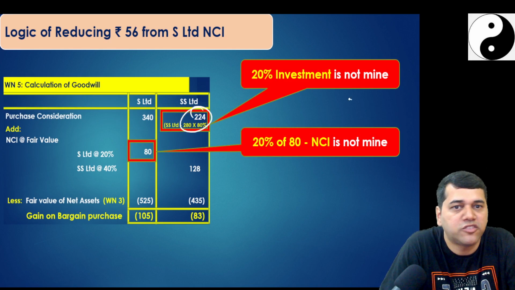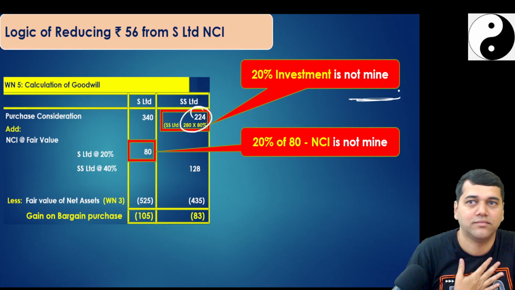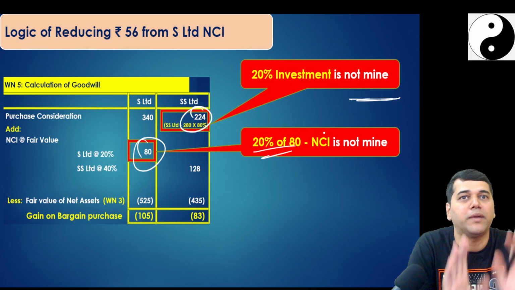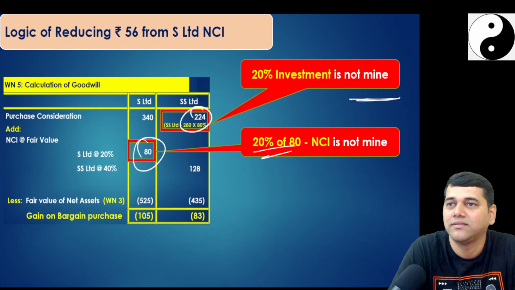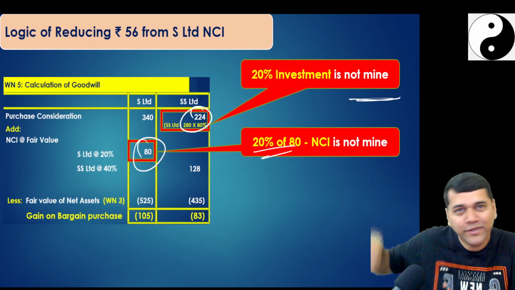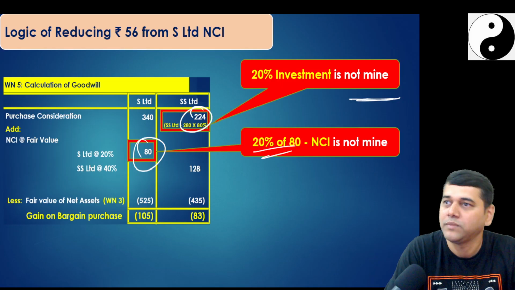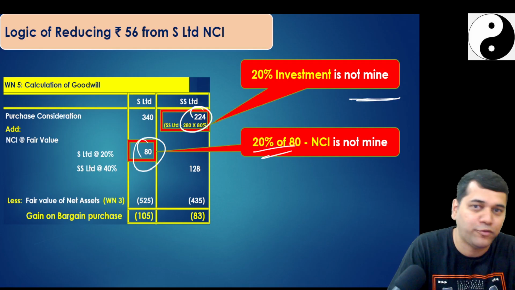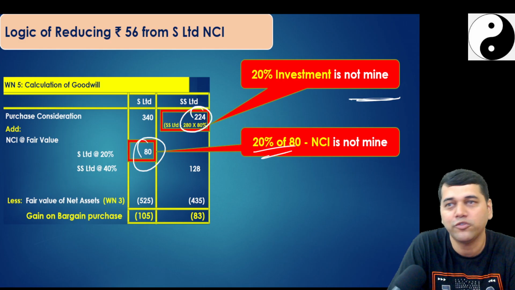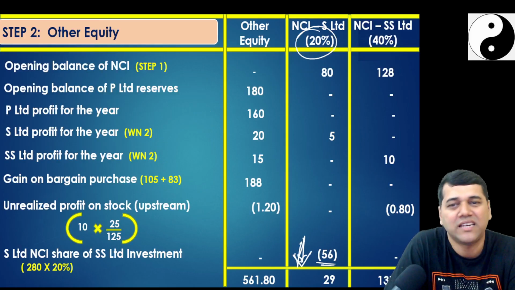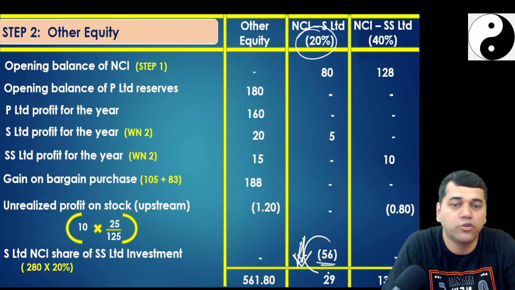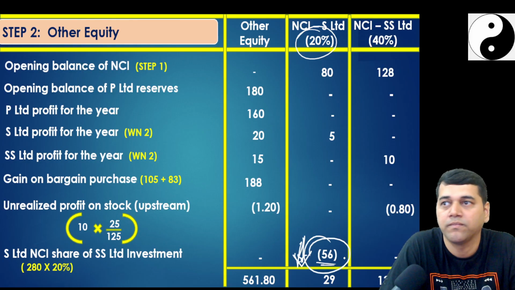20% of the investment is not mine. My NCI made. So 20% of NCI is also not mine. So you reduce that NCI also, you reduce the investment also. Simple logic to understand and remember, rather than going through academically why that. If you are interested, I will share this working, but you have to spend time at home to understand it. But again, I feel this is not a priority right now. You understood the adjustment. This is one adjustment you have to do; other than that, everything is a normal adjustment. Okay? Perfect? Yes. So what's next?